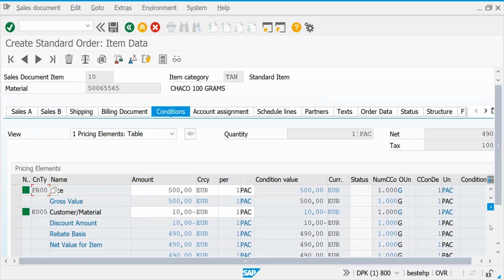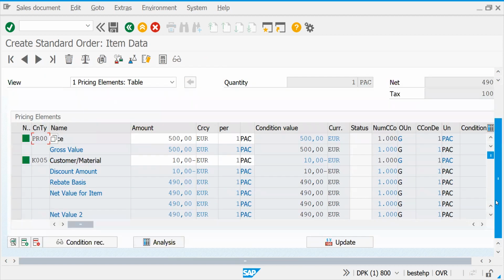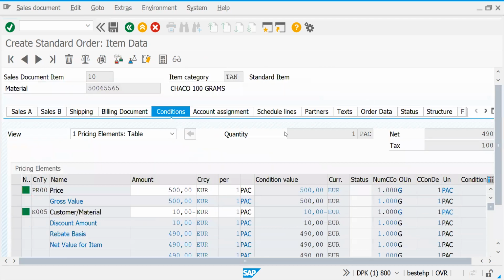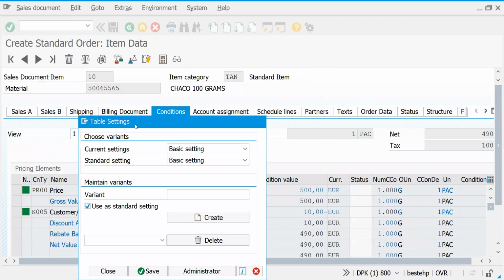So now it's coming correctly, right? K005. Let me check K007.